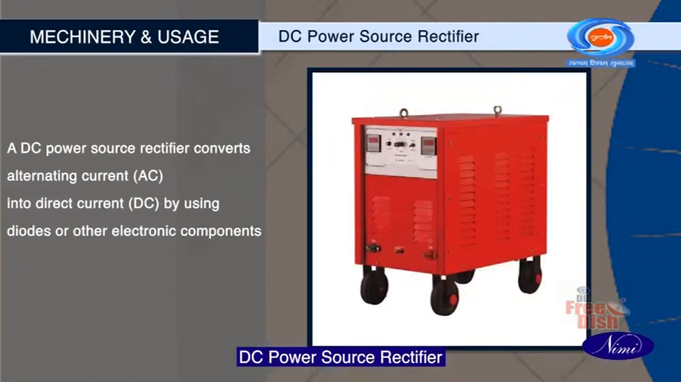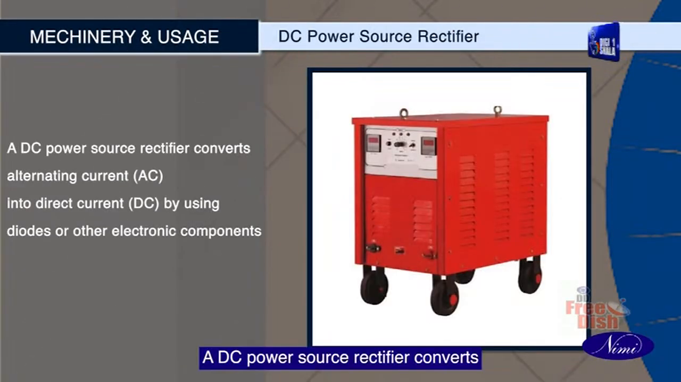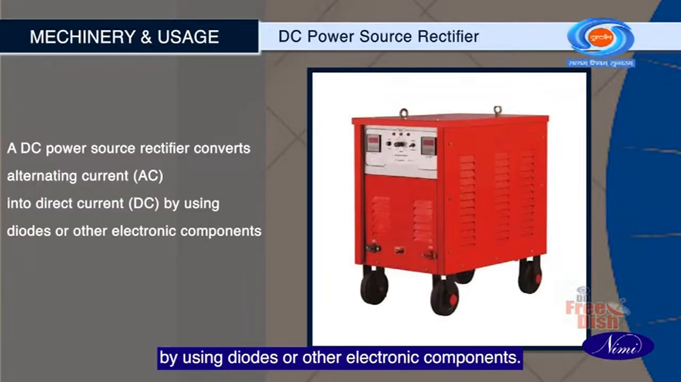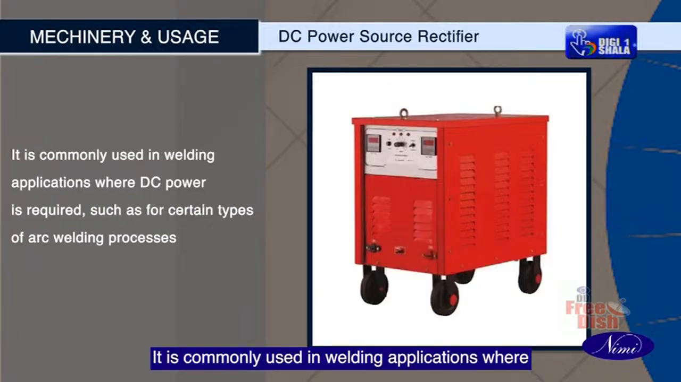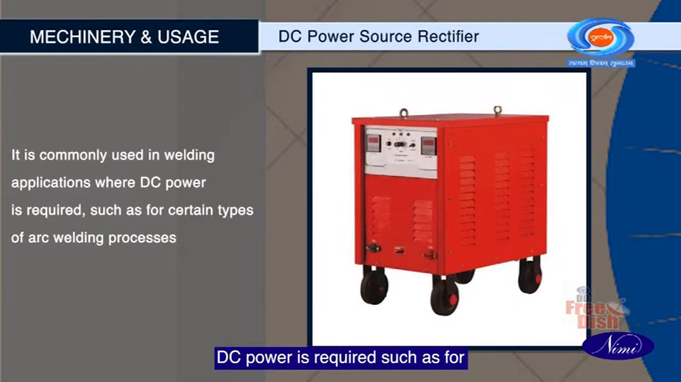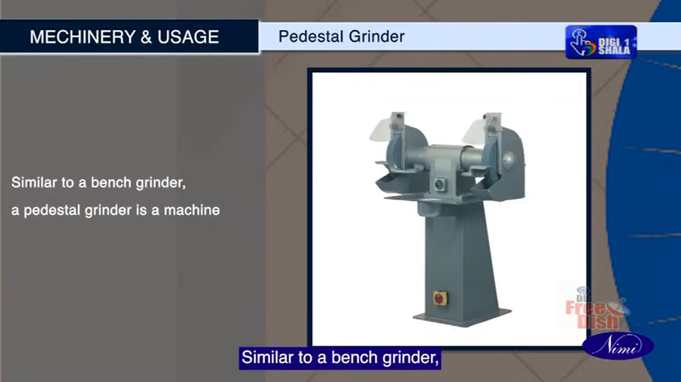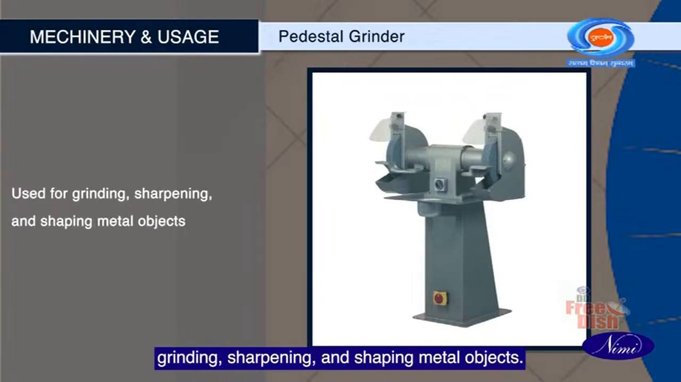DC power source rectifier. A DC power source rectifier converts alternating current AC into direct current DC by using diodes or other electronic components. It is commonly used in welding applications where DC power is required, such as for certain types of arc welding processes. Pedestal grinder. Similar to a bench grinder, a pedestal grinder is a machine used for grinding, sharpening, and shaping metal